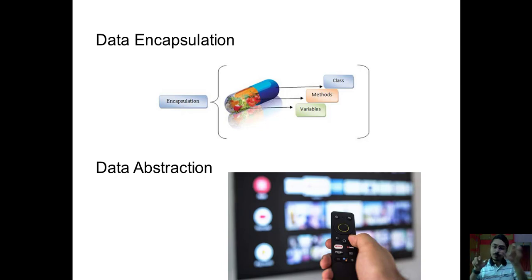But if I want to play a movie, I can simply play it without knowing all these details. So data has been abstracted from me, isn't it? How the internal functionaries are being done, those things are hidden from me. That is how abstraction has been achieved in our systems, in our laptops, on our mobile phones. So this is not a new concept. Abstraction has been there since long, but data abstraction has been achieved in object-oriented programming, which wasn't available directly in procedure-oriented programming or in functional programming.